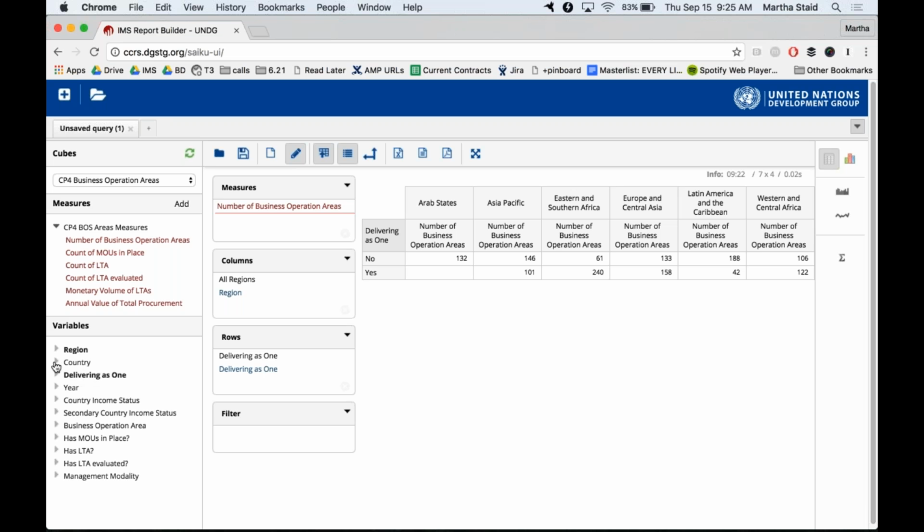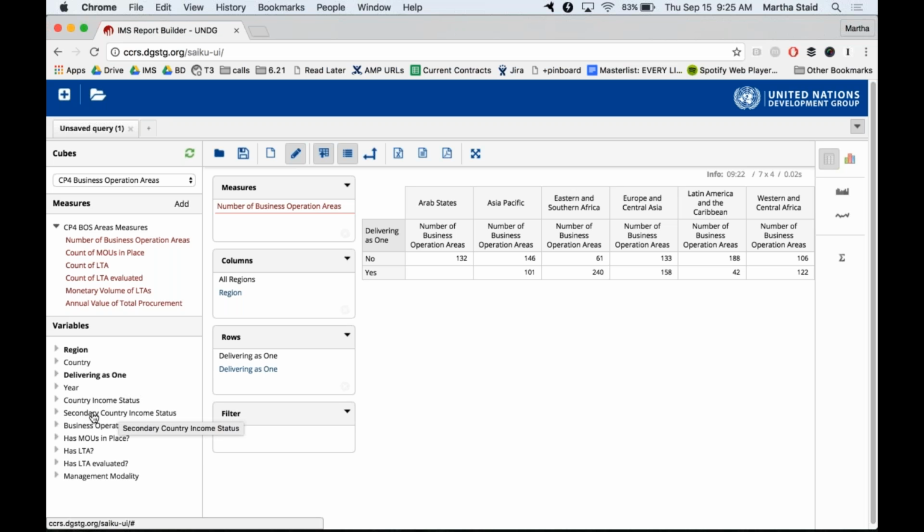Okay, great. So you can see here, they're going to be at the top of your list of variables in every single cube, no matter what cube you choose to work with. Region, country, delivering as one status, what year it is, country income status, and secondary country income status.